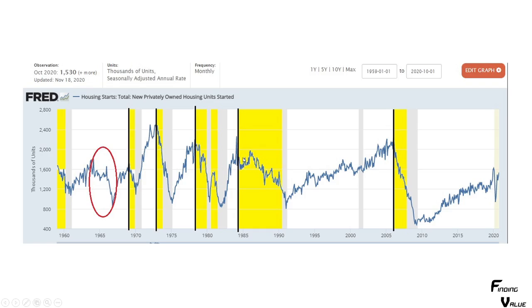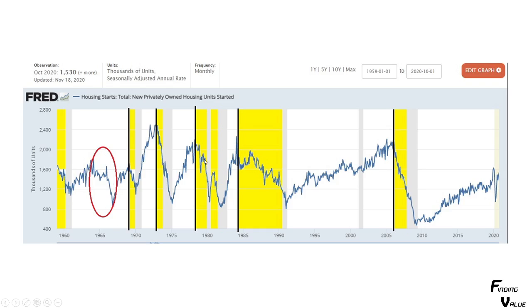And what I want you to know, and hopefully you guys can see this, is that the dark shaded lines are recessions. And what you see is that after every decline in housing starts, every yellow one, is followed by a recession. Every single one of these is followed by a recession. Every one, except for this one here. Now, I don't know why this one wasn't. I don't have the data here. But it went down and there was no recession.